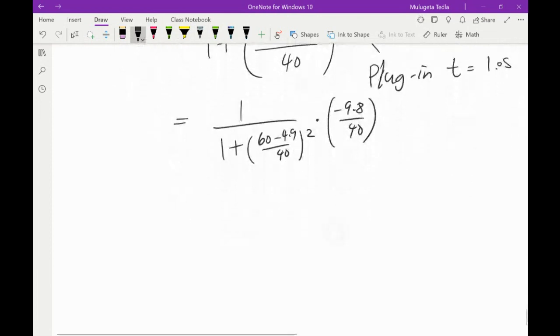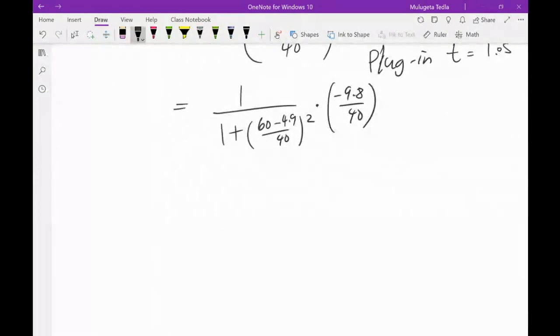So that number is what we're looking for. I got 0.34512 times